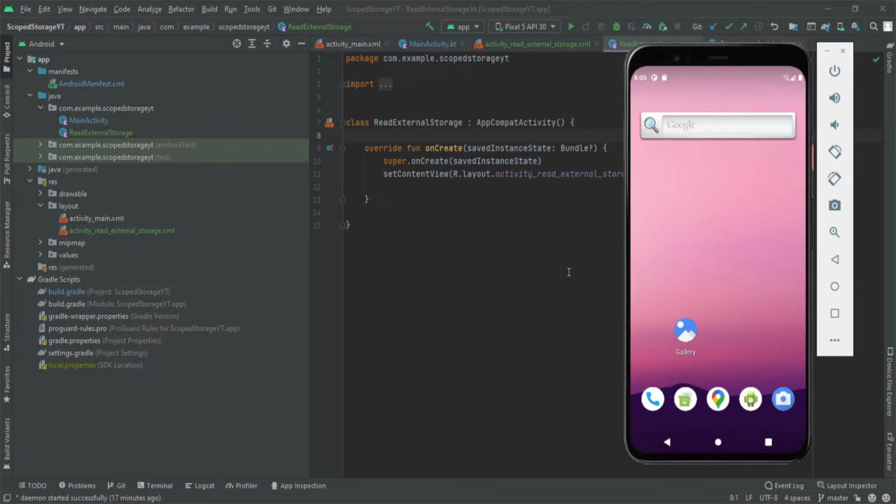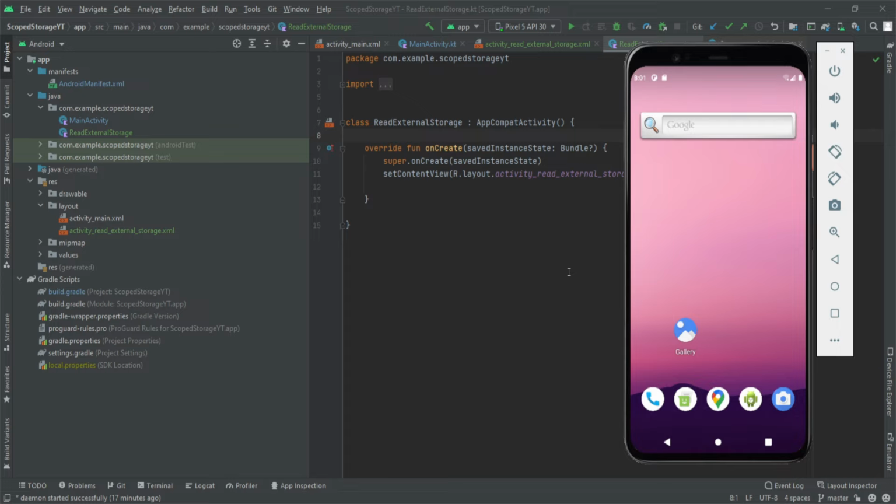So in this video we're going to learn how to read external storage in our Android device, right? By external storage I mean the data that is lying outside our native app directory, or the data that is not created by our app, and we need to read that data. So in this video we are going to read the shared media storage. We will read an image that is not created by our app and show that image inside our image view in our app, right?